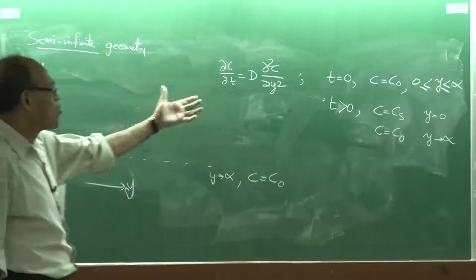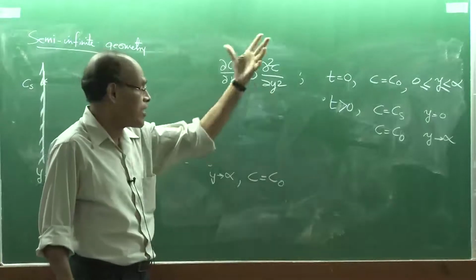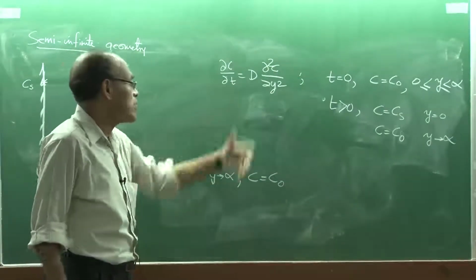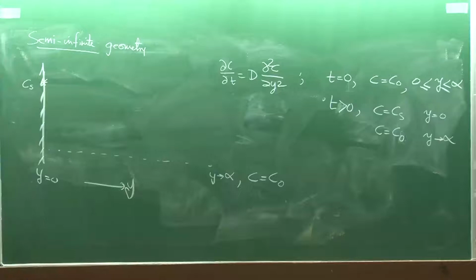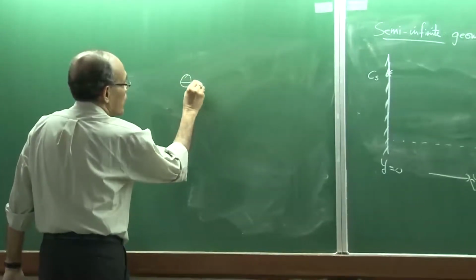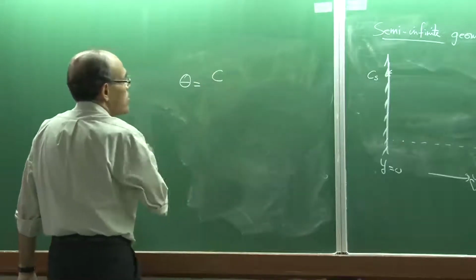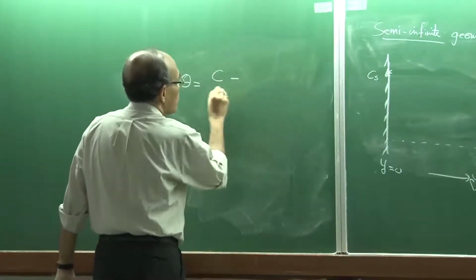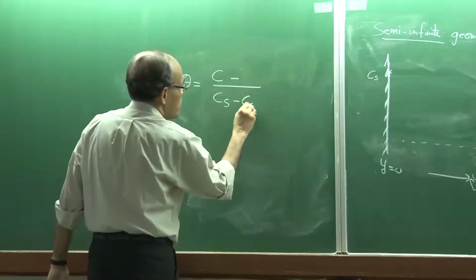So, an analytical solution is possible. Earlier case was infinite series, and in this case we will see an error function solution. And here now theta we can define the same way as C minus Cs minus C0. So, we will say